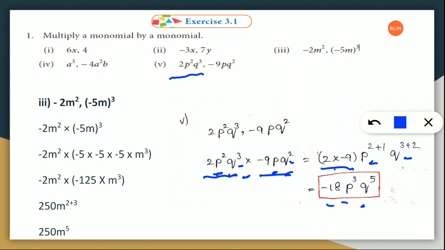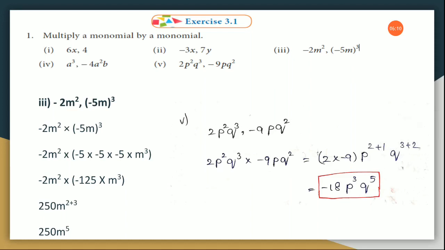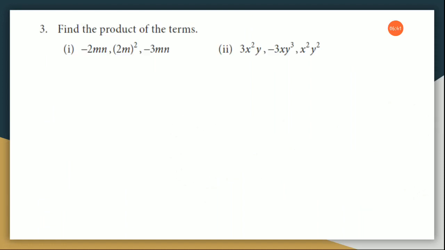Is it clear? First step, we are going to use the multiplication sign, and the next step, you are going to multiply the first term with the second term. In order to multiply, the constants will be multiplied, that is the number values will be multiplied separately, and then the variables with the same base, you can add the power values and write the answer. Clear, children? Since it is p square and p, we are multiplying and writing it as p power 3. Q cube and q square, when you are multiplying, the answer will become q power 5. Clear?